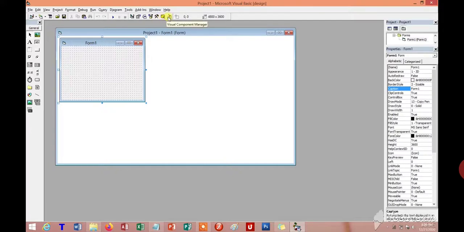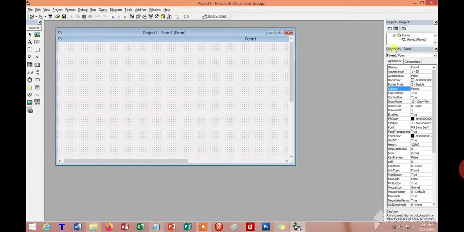Now on the left side of the screen, the toolbar is given for picture box, text box, label, frame, command button, option button, check box, combo box, list box, vertical and horizontal scroll bar, file list. So a total of 21 tools are given here. We can use them as per our requirement.